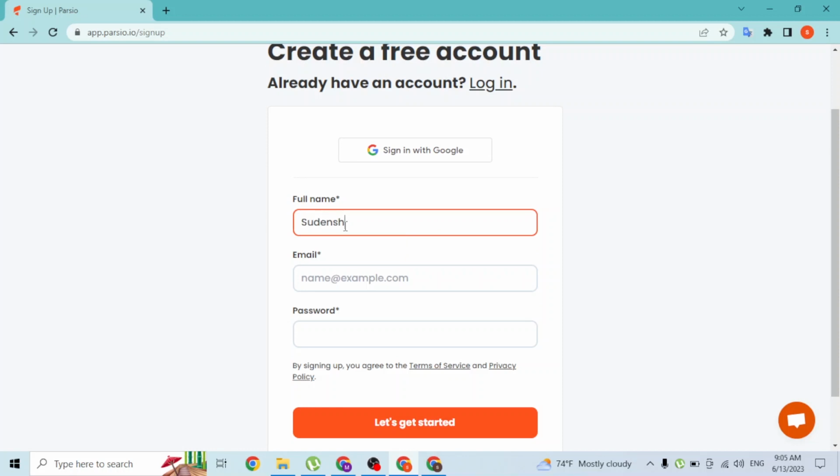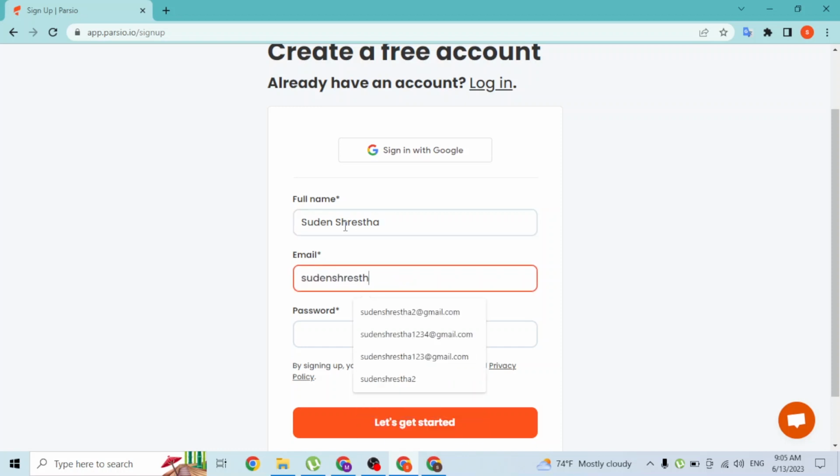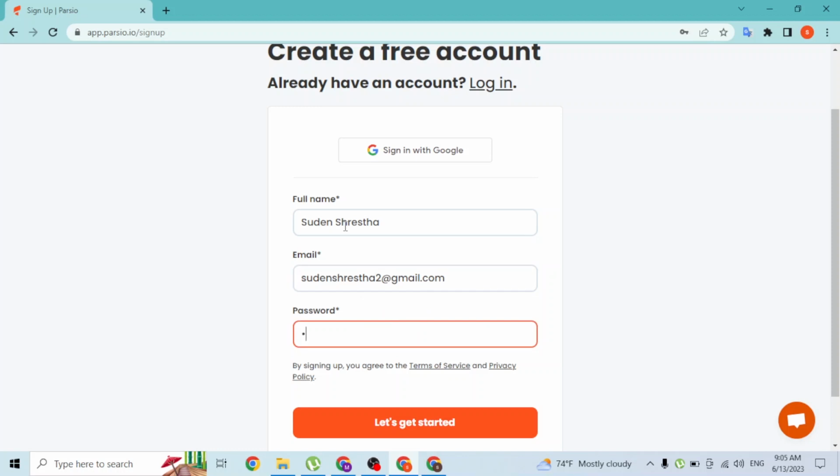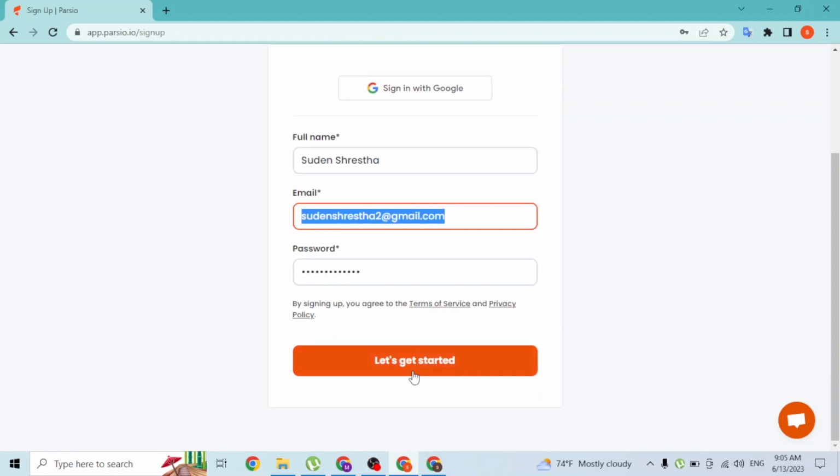So let's enter our full name as it says, like this guys. You can see I have entered the full name, and let's enter the email address with which we will be using the Parsio AI account later on. And add that into your password guys. And guys, after entering your full name, your email address, and your password, simply click on the Let's Get Started